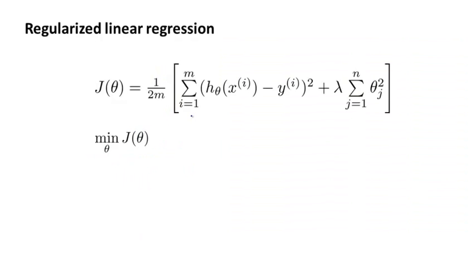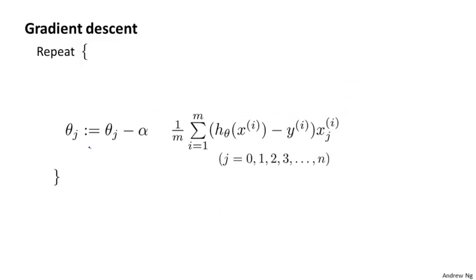This first part is our usual objective for linear regression, and we now have this additional regularization term where lambda is our regularization parameter, and we'd like to find parameters theta that minimize this regularized cost function J of theta. Previously, we were using gradient descent for the original cost function without the regularization term, and we